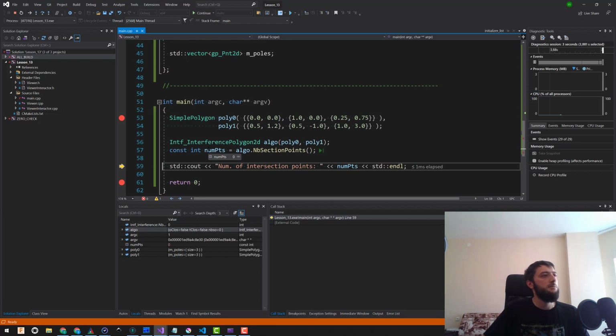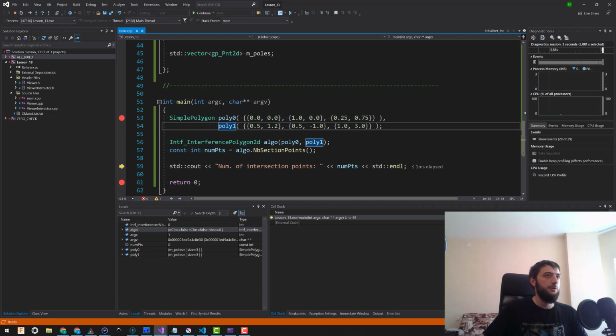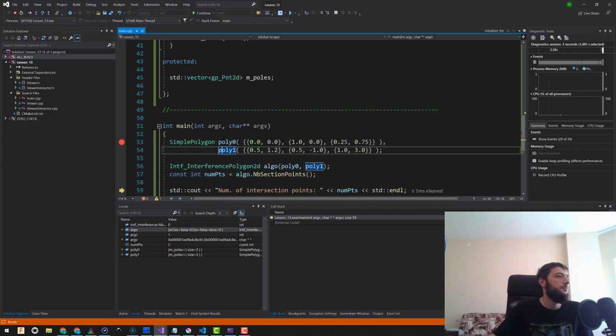So it seems that we do not have any, because maybe these coordinates are not good enough. And in order to check that, I want to plug in some visualization facilities in there. And if you remember, in one of the previous lessons we plugged what is called AIS, which is Application Interactive Services of OpenCascade, and here we are going to make use of it. The only problem with AIS is that it's all about shapes, and so far we do not have any shapes. We just have a couple of polylines,